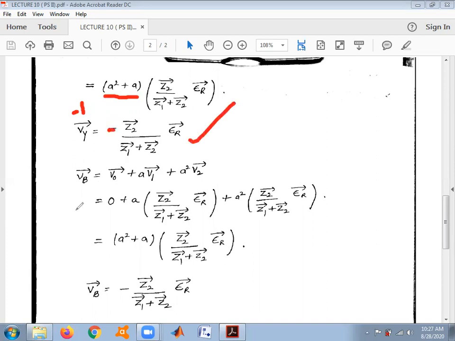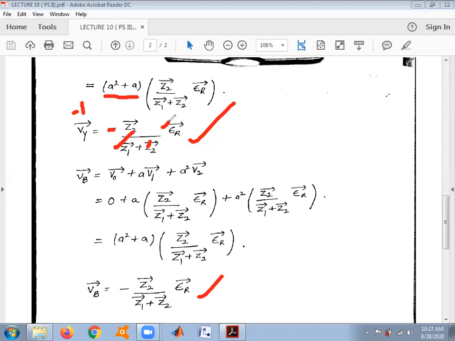Similarly, the voltage across B phase is found. Here one interesting thing we came across, that the voltage across Y phase equals the voltage across B phase. So how to calculate the voltage across Y phase and B phase? By just substituting the values of the impedances Z1, Z2 and the value of the EMF generated across the R phase, we can easily find the voltage across the reference phase.